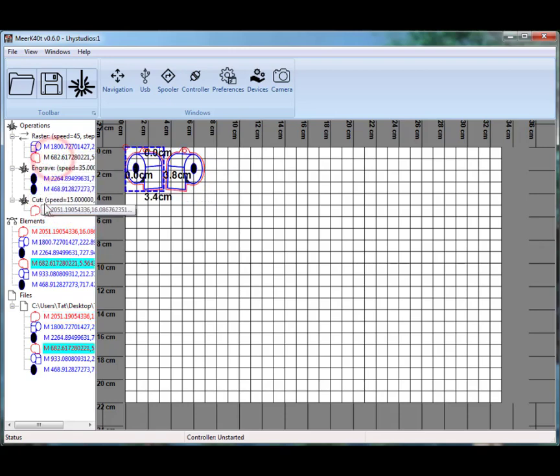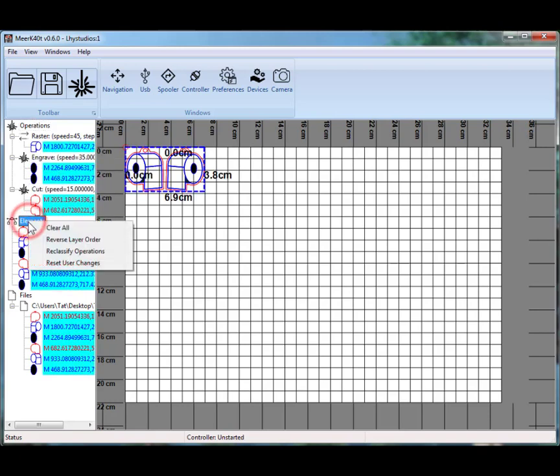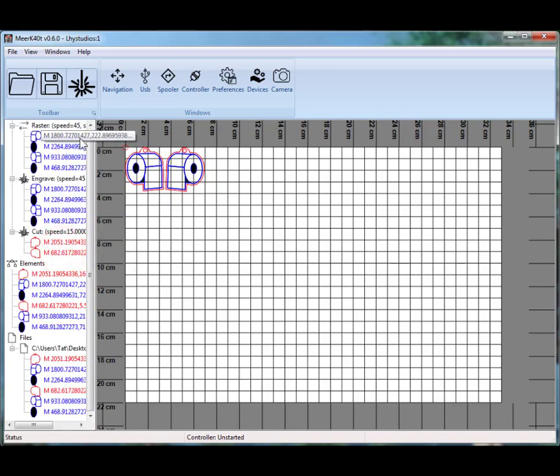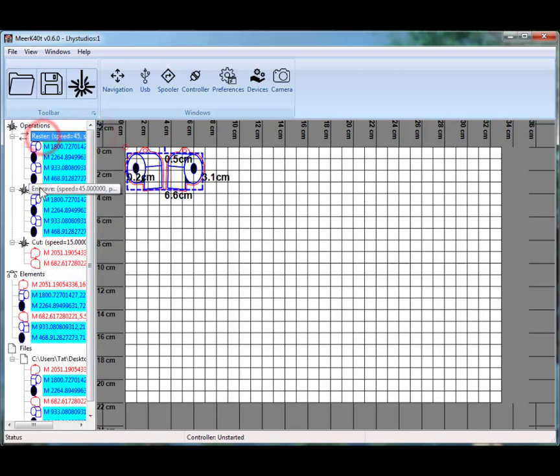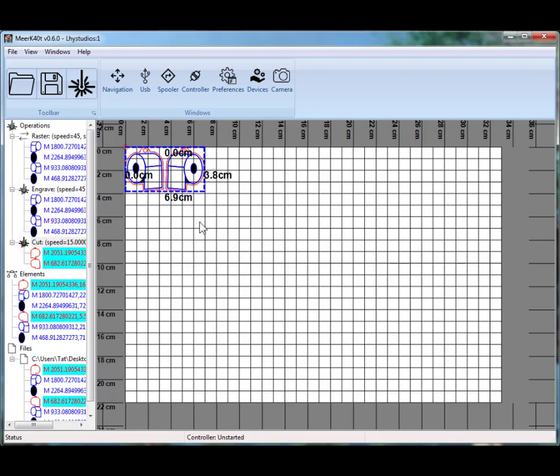And say I drag this one back here. And let's say that I just hate the order, like I've messed this up super bad. If I right click here and say reclassify operations, it will reclassify everything, so it'll go back to the original raster, engrave, and cut. This is going to change significantly in 0.6.1, but for now